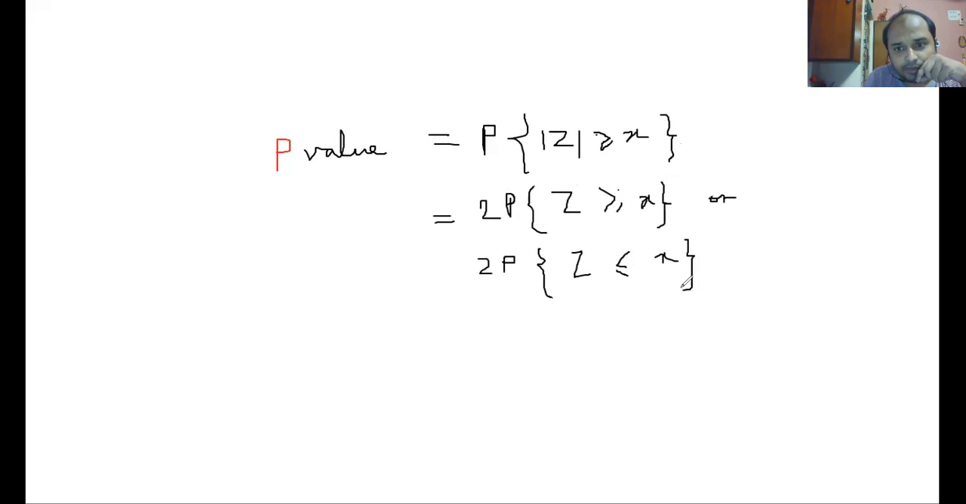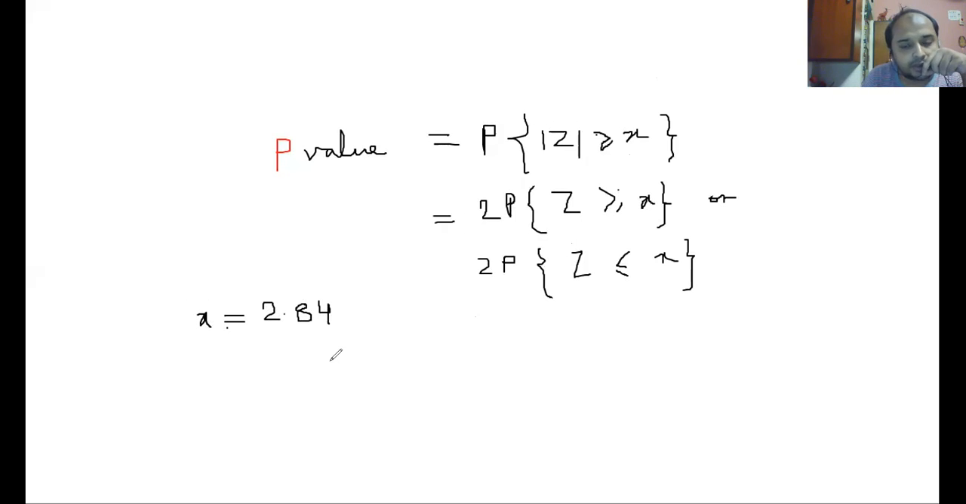Now for the given problem, your small x means the specific value of the test statistic. Your small x is 2.84, and 2.84 is a positive value. If the value is not coming out as positive, then you have to take its absolute sign. You can consider this or this. Since 2.84 is the positive value, in this particular case,